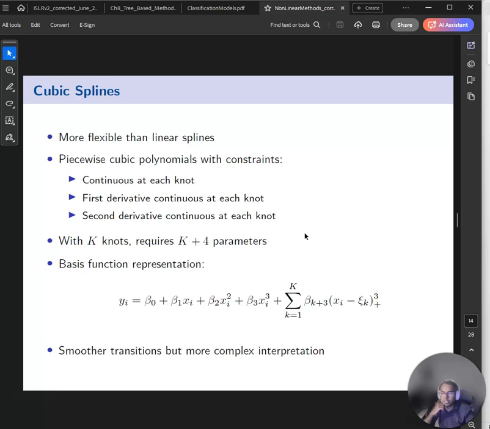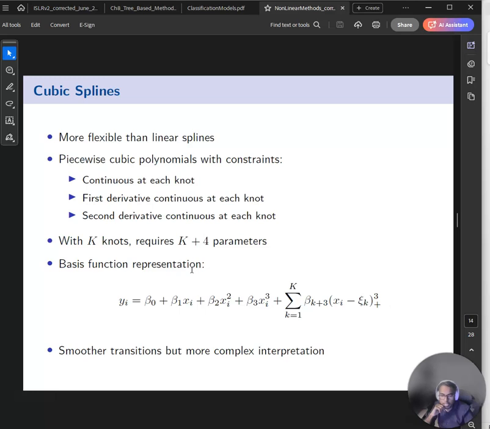This means that not only the function connects smoothly, but the rate of change, which is the slope, and the curvature also transition smoothly at the boundaries. This is the formula. This function creates a smooth curve that can adapt to complex patterns in the data. The higher degree of polynomials provides additional flexibility to capture nonlinear relationships, while the continuity constraint ensures a natural looking fit. However, this added flexibility comes